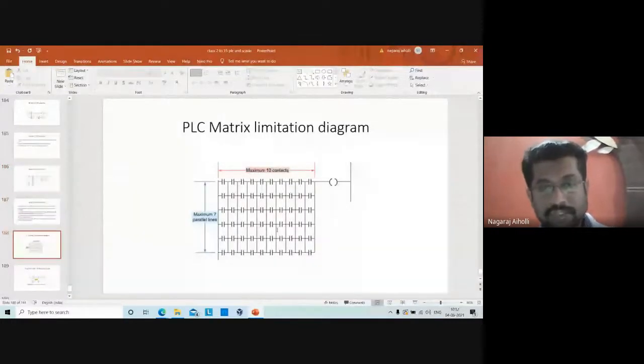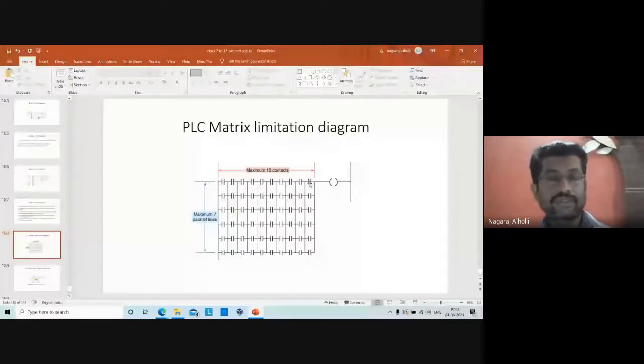This figure shows the limitation of the PLC input contacts. How many contacts can be used at the maximum? We can use a maximum of 7 parallel lines, and a maximum of 10 contacts in the ladder rung diagram. We cannot use more than this. There is a certain limitation, because if you use more than that, the memory size will not support that many contacts.